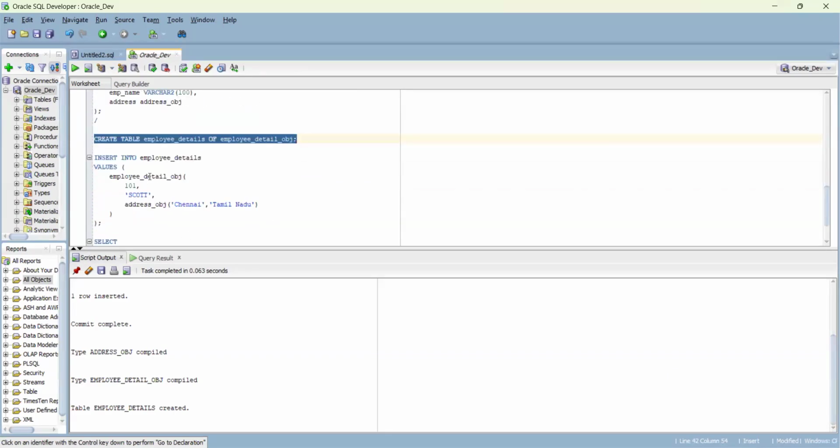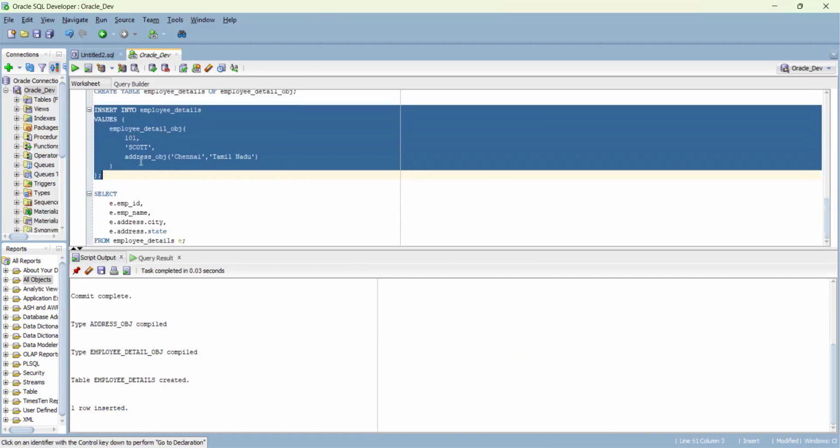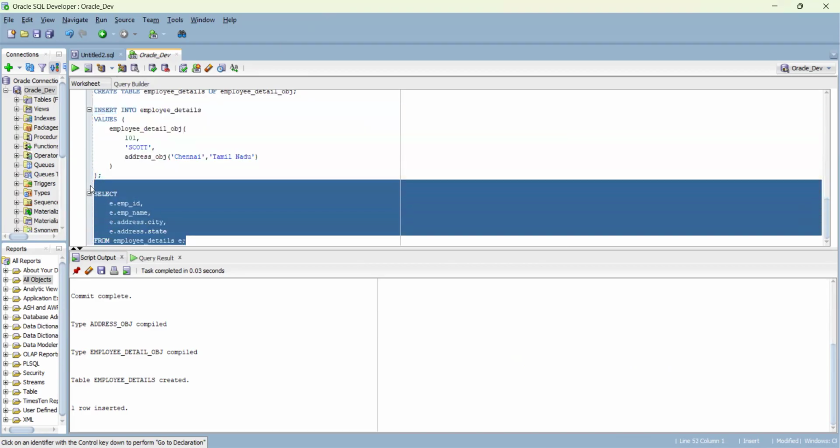So for the insert, I am passing the object value. I am calling the nested object and passing the value. I am inserting it. Inserted. Now if you see,